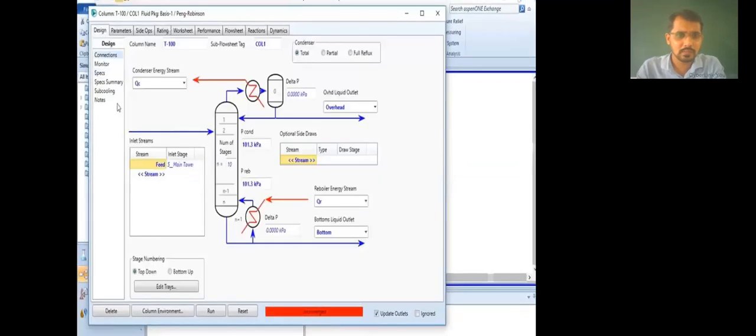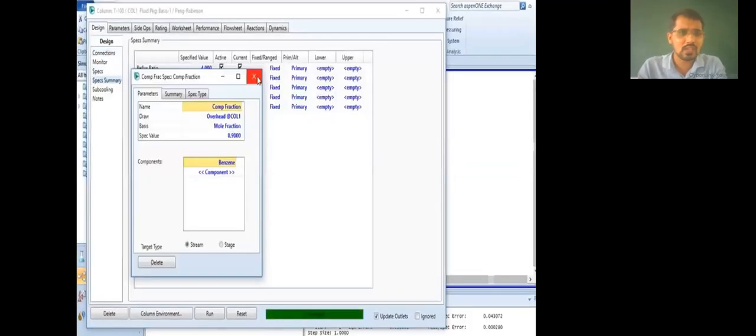Okay, after that, just check all the required data after clicking over the specific summary. Check whether all the data that is required is provided or not. Okay, after that, finally, after checking all these values, you have to do the last step. You have to run this simulation environment, this software, whatever we have simulated for the distillation column. So by double clicking over this run tab, just double click.